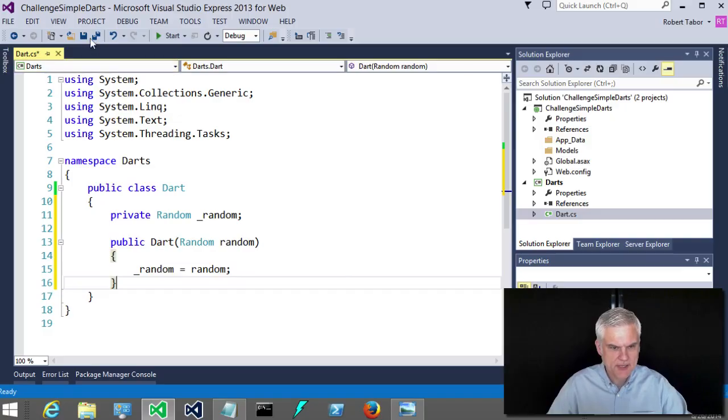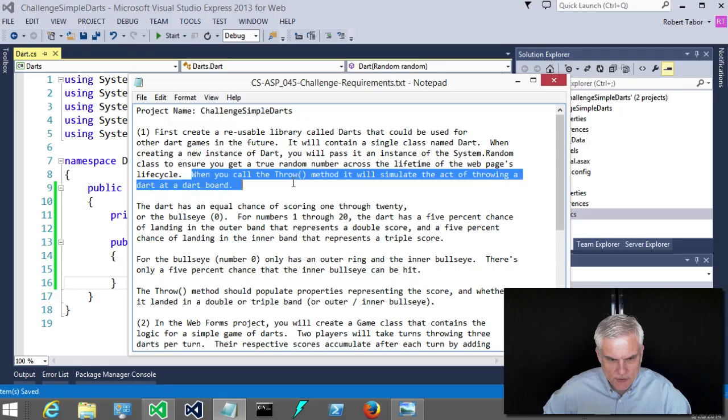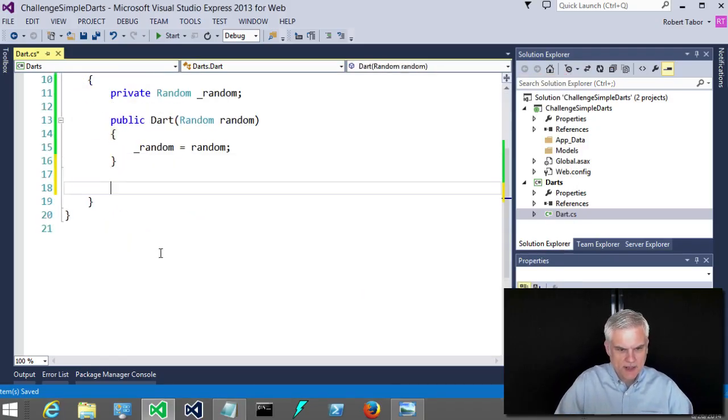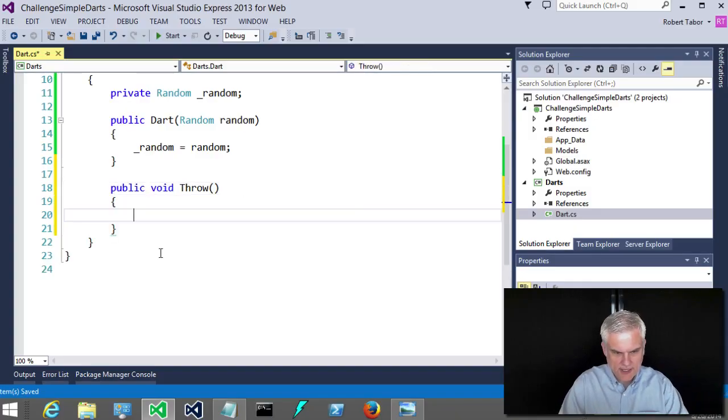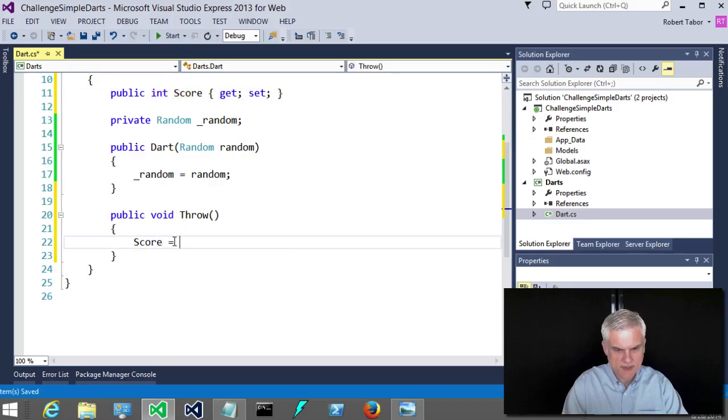Great, okay. So the next part is that we're going to call a Throw method. It's going to simulate the act of throwing a dart at a dartboard. The dart has an equal chance of scoring 1 through 20 or the bullseye. Okay, so let's start there. So we've got a public, I think this is going to be a void, Throw, and we're going to use that random instance in order to generate a score. So let's go ahead and create a public property called Score. So Score is going to be equal to